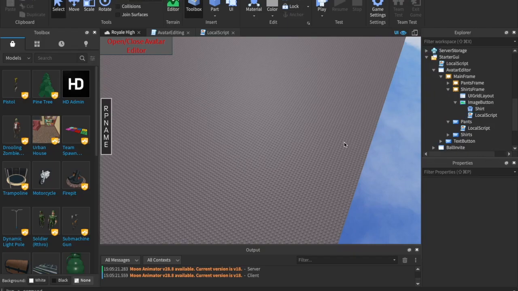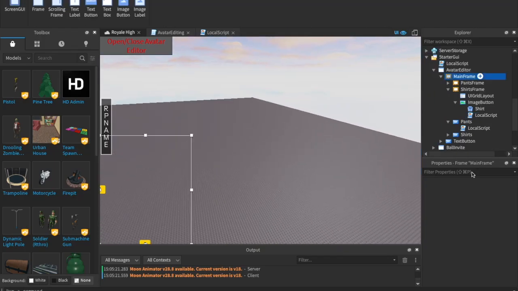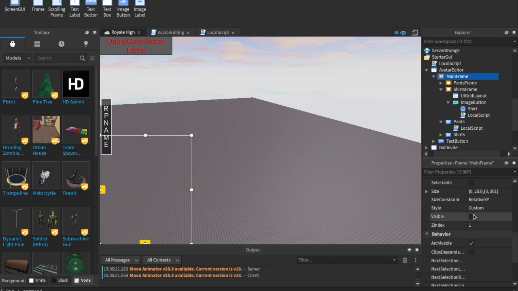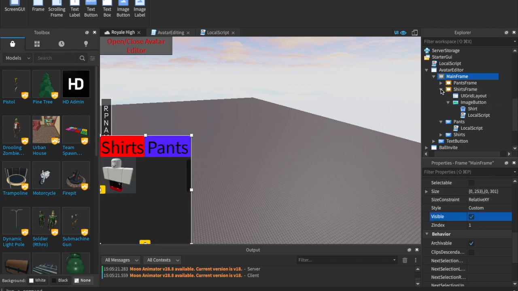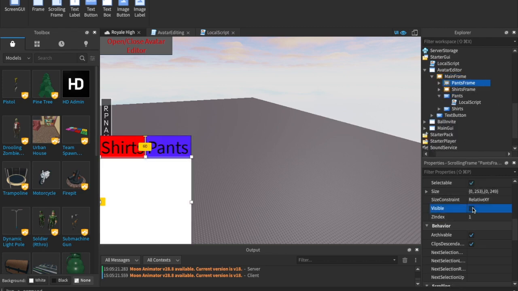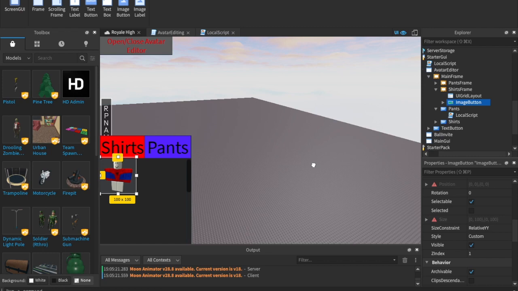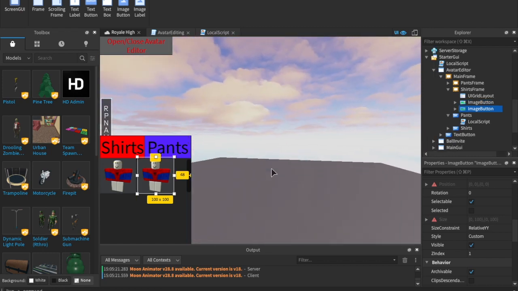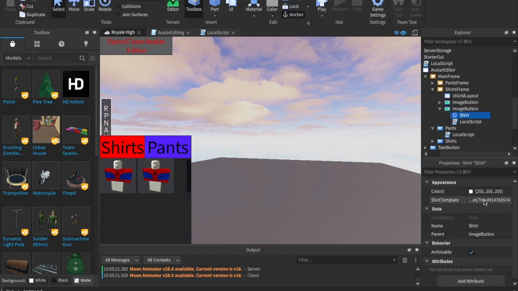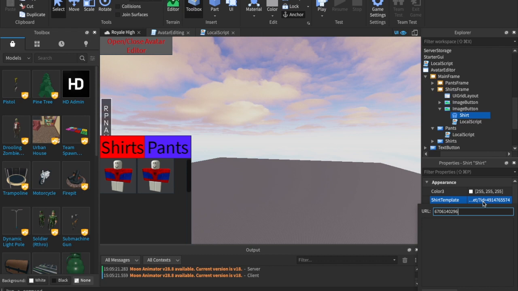And once you're back in Roblox Studio, go ahead and open up Roblox Studio again, make the main frame visible. Go ahead and make the pants frame invisible and the shirts frame visible. And here you can just take this image button and hit Control D, or Command D if you're on a Mac, to duplicate it, and you'll create this brand new thing right here. All you have to do is paste that ID into the shirt template